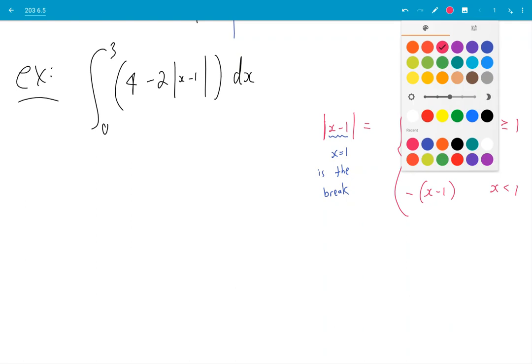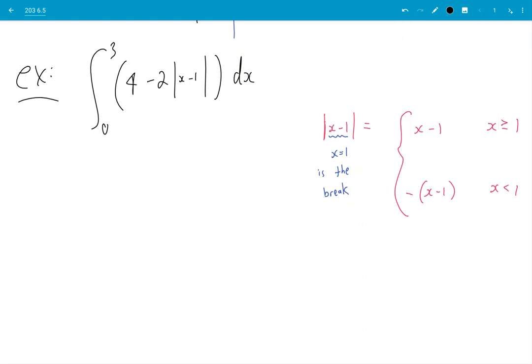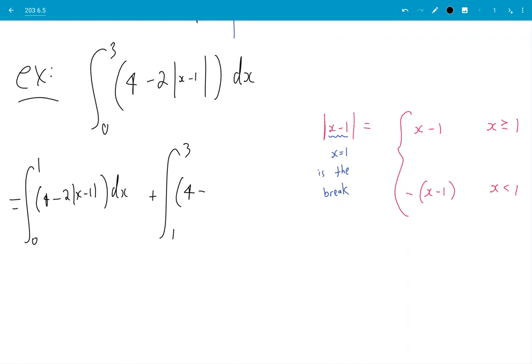All right, so using this, we make our break at 1. So we go from 0 to 1 plus, let's need some more space, plus integral from 1 to 3. So we do that. Decomposition of our integral. 4 minus 2, x minus 1, dx. Just copying the integrand. Tedious, but